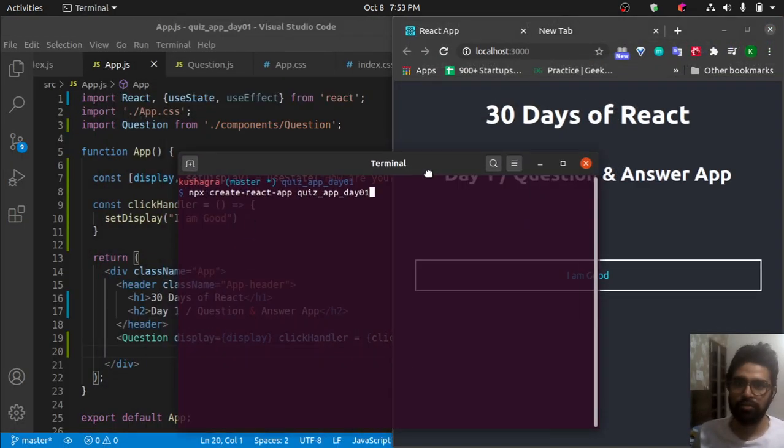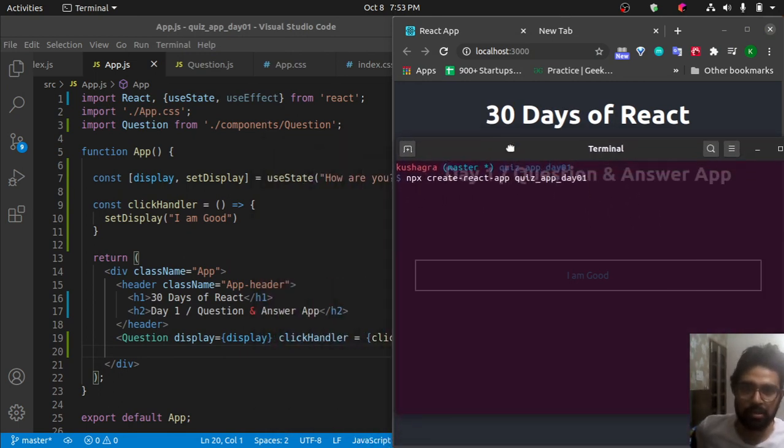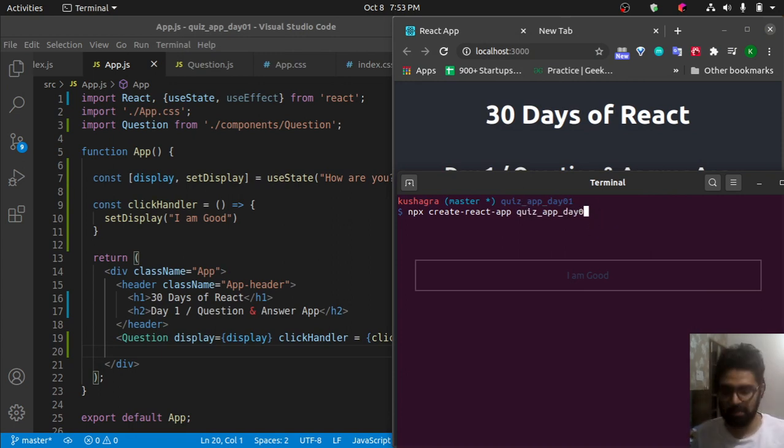First, if you open your terminal, you have to type npx create-react-app, and then the name of the project, quiz-app-day-01, and then press enter. It will take some time to create the project repository for you, and after that you go into that directory using cd and then the name of the project, quiz-app-day-01. Since I'm already in that directory, just type code . to open the Visual Studio Code